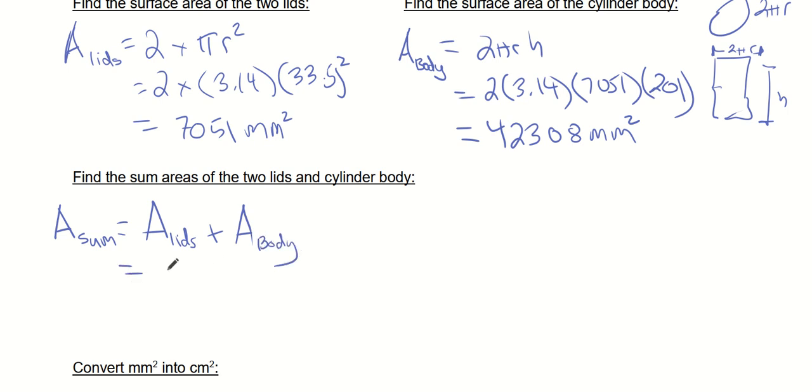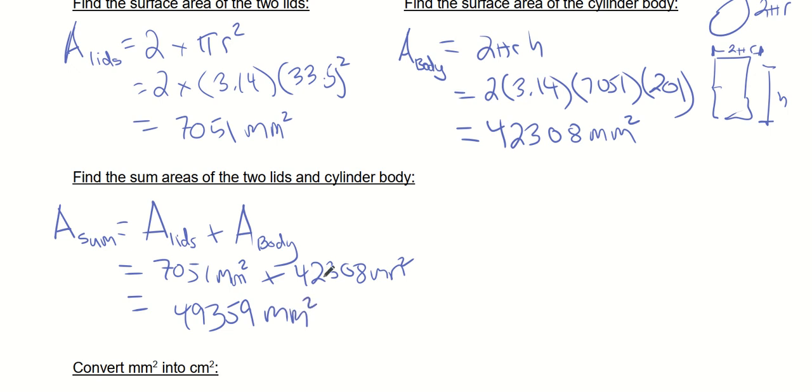Let's drop our numbers in. So the lids will be 7051 milliliters squared plus 42308 milliliters squared. You get those two numbers together and you have 49493